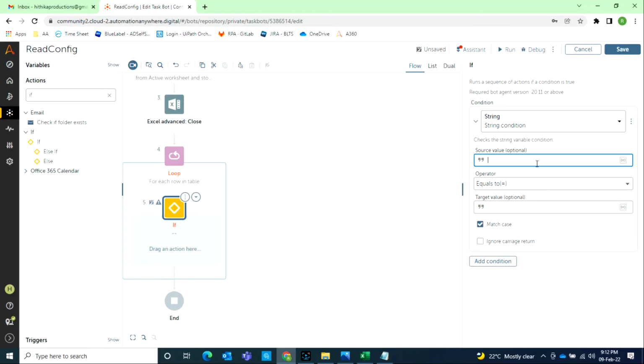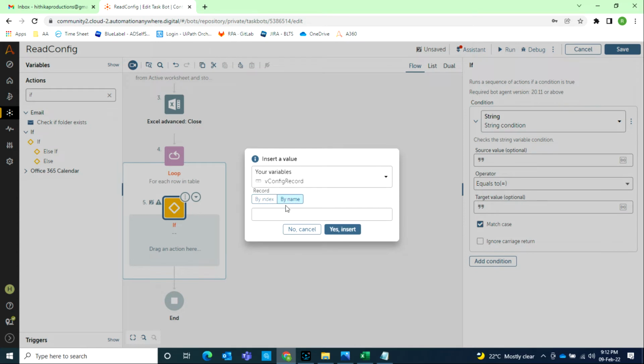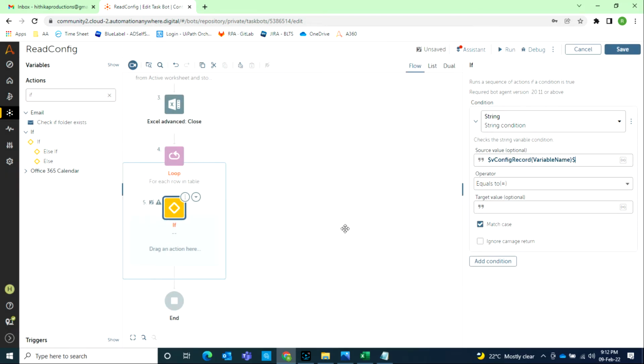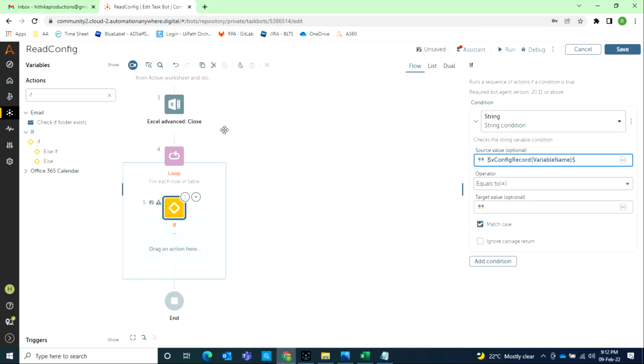I'll just hit the function F2. You can read it from this, and name will be this. If this is equal to, let's say, email to, then read its value. If this is equal to this,